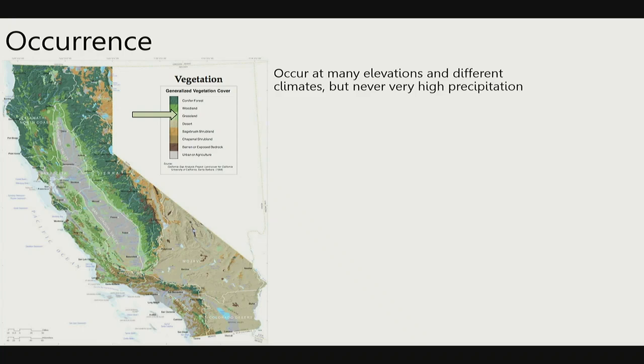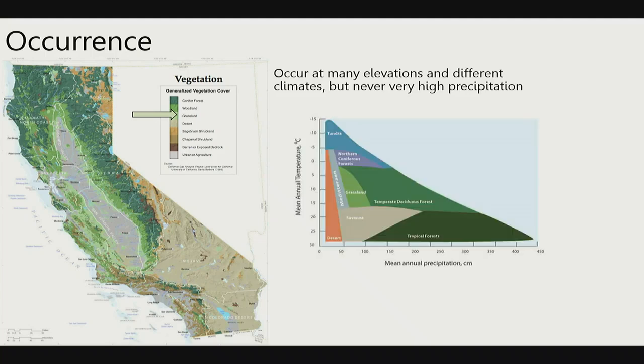So grasslands occur in a lot of different places in California, but they are most commonly seen around the edge of the Central Valley here. So this is our distribution of grasslands in California, and they tend to form this ring around the edge of the valley, in addition to some relic ecosystems down further in Southern California, a bit in the north end, and so on and so forth. But you can really see this light green fringe around the Central Valley and somewhat in the center of that, right? And that has to do with our state variables.